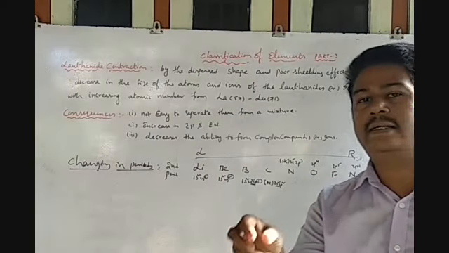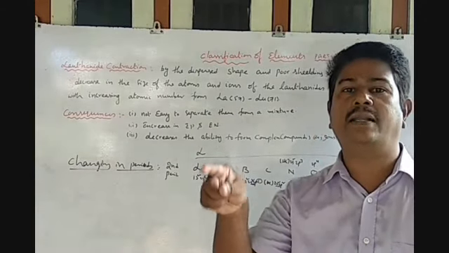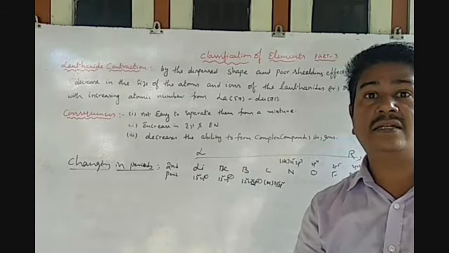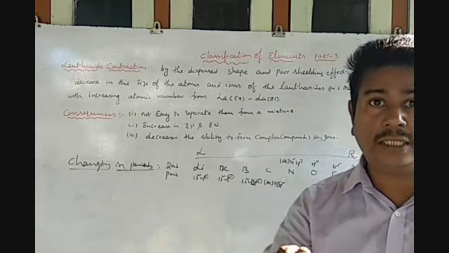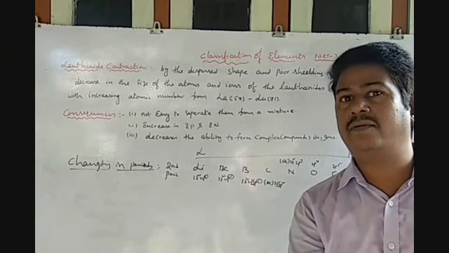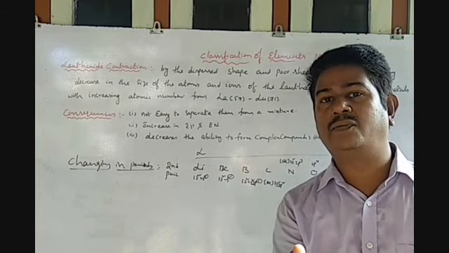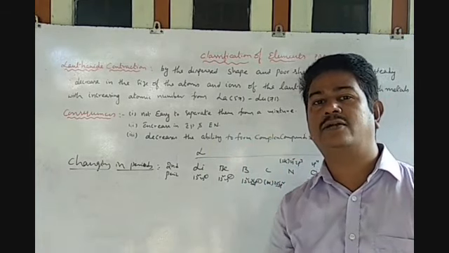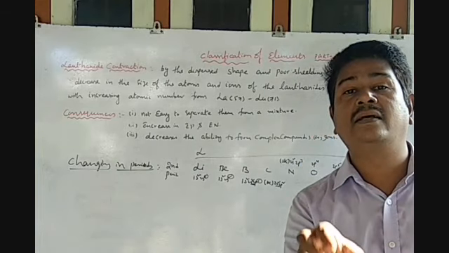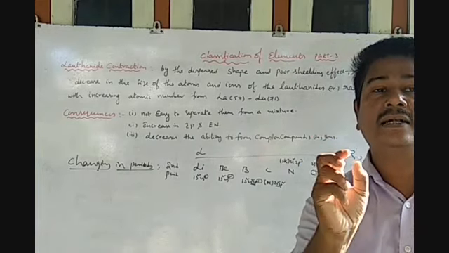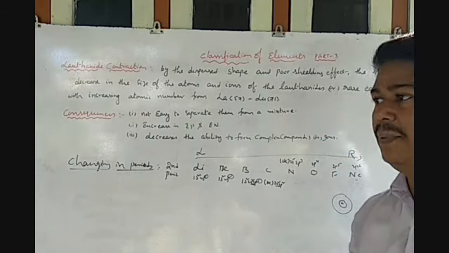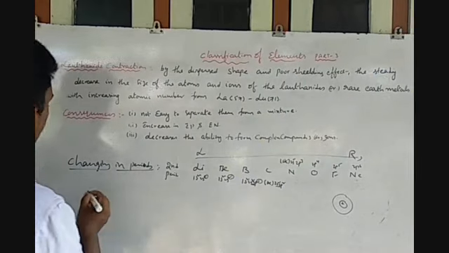The newly entered electron enters the same orbit. There is no change in the orbit, so the radius does not increase. And one more interesting thing is that the nuclear charge increases. Whenever the nuclear charge increases, the force of attraction on the outermost electron also increases. So that's why the atomic radius decreases, in the case of periods. What happens in the case of groups?